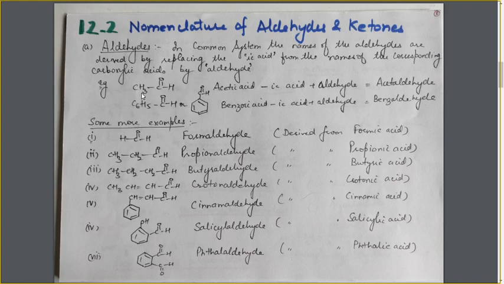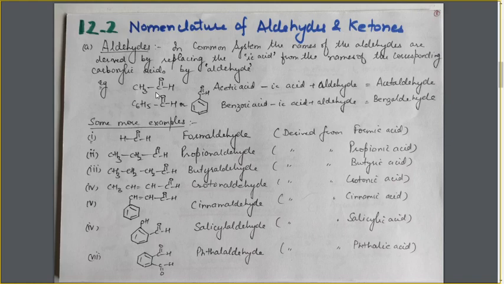For example, in case of this aldehyde, there are two carbon atoms and the two carbon carboxylic acid has the common name acetic acid. For writing the name of the aldehyde, this ic acid is replaced by aldehyde. Then we will get the name of the corresponding aldehyde for this 2 carbon